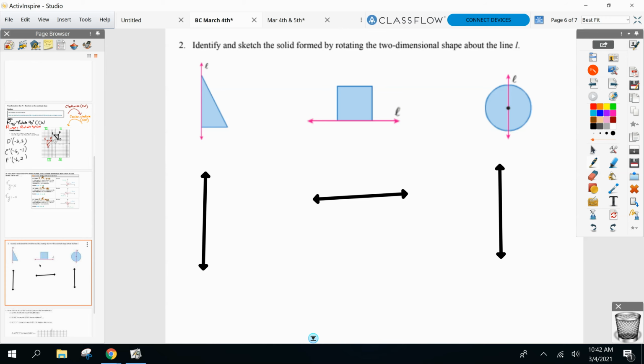Line L is going to stay right where it is. And I'm just going to rotate that triangle around as quick as I can. So pretend you're holding on to line L and you're just rotating that thing around, holding line L right where it is. Don't yell anything out. What 3D figure would be formed? I start rotating that triangle all the way around. It's not a triangle anymore. It's a 3-dimensional figure called a